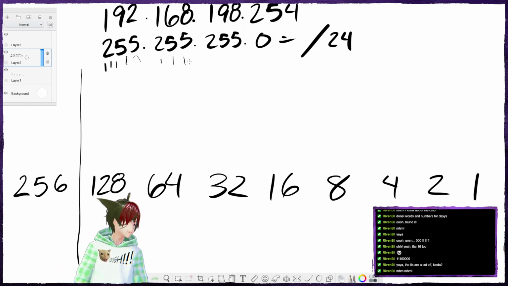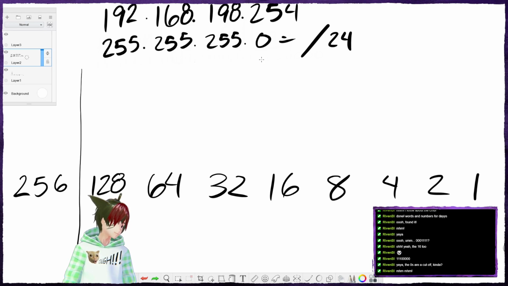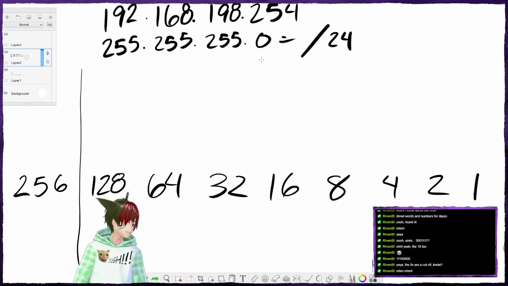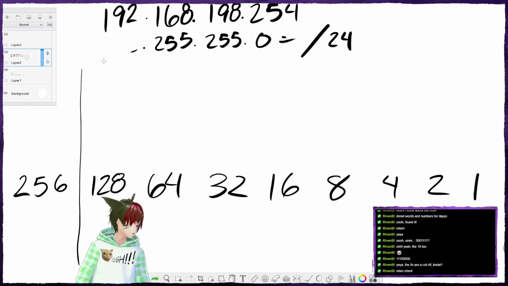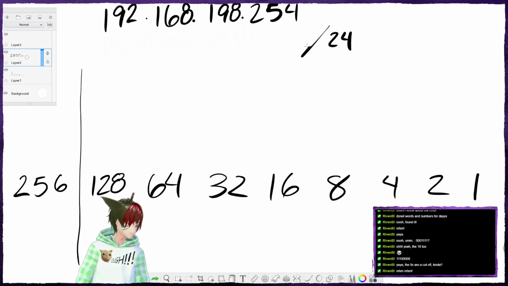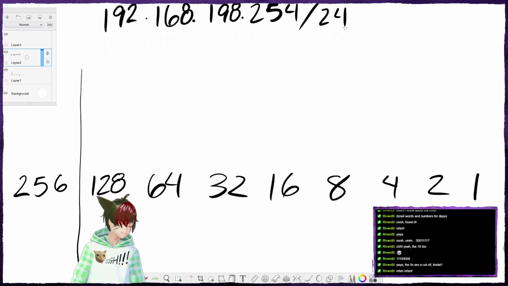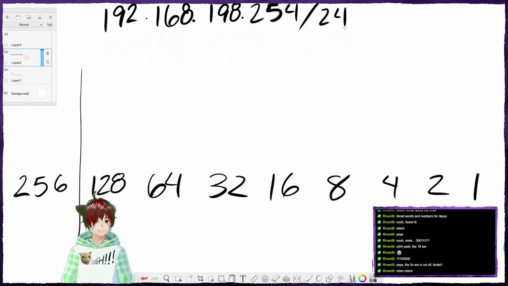Because we got like 8 ones. So if we were to annotate this without using that whole subnet mask doohickey, we just call it /24. So, how